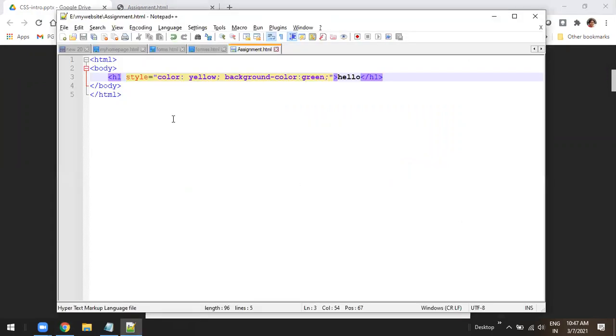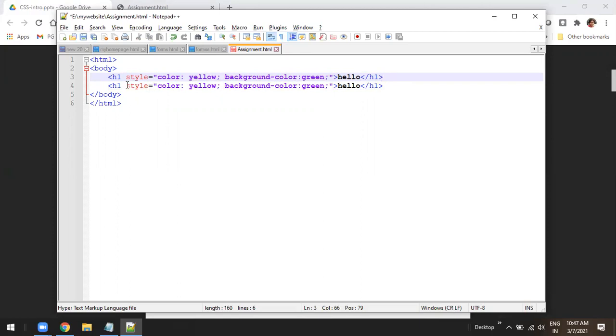Declaration means this part, whatever we wrote here, color yellow, background color green. So this is called declaration. So declaration will always be there for styling, but this is inline styling, so we already know to which element we are applying the styles, isn't it? So when I'm writing h1 this thing, it is applying the color yellow and background color green to h1